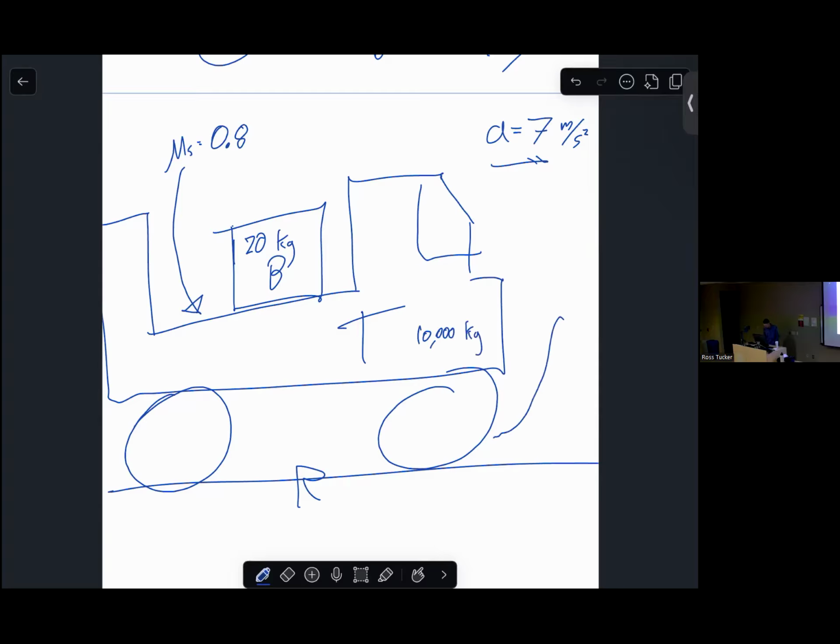And I'll give you the static friction coefficient between the road and the truck is 1.0. Okay, here's some extra information. Merry Christmas. The truck is accelerating at 7 meters per second squared, and I'm going to give you the additional information that this time,